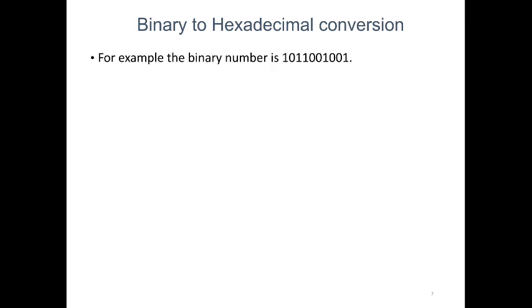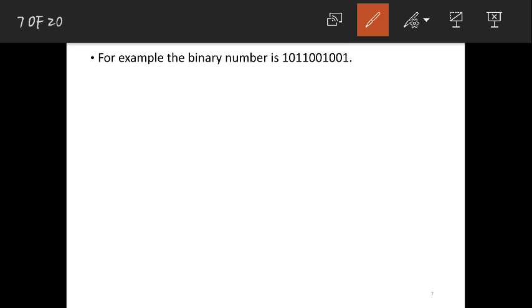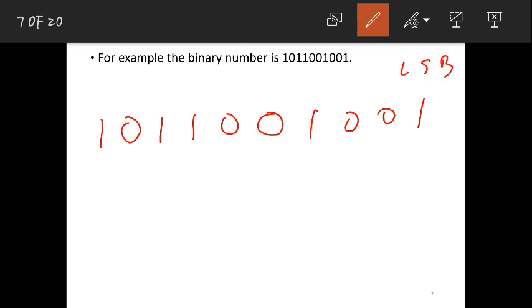See, now this is one of the examples. For example, the binary number is this much. So now you just need to convert this binary number to hexa. So how to convert? First let me write here this binary number: 1011001001. So this was given in your question. First mark your LSB, this is your LSB and this is your MSB. So we need to come from LSB. Make this as 4 groups, 4 bits in one group. Next, these 4 bits in one group.